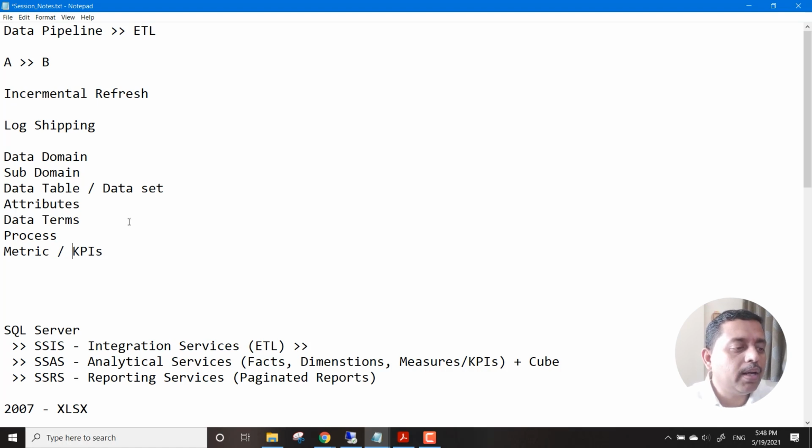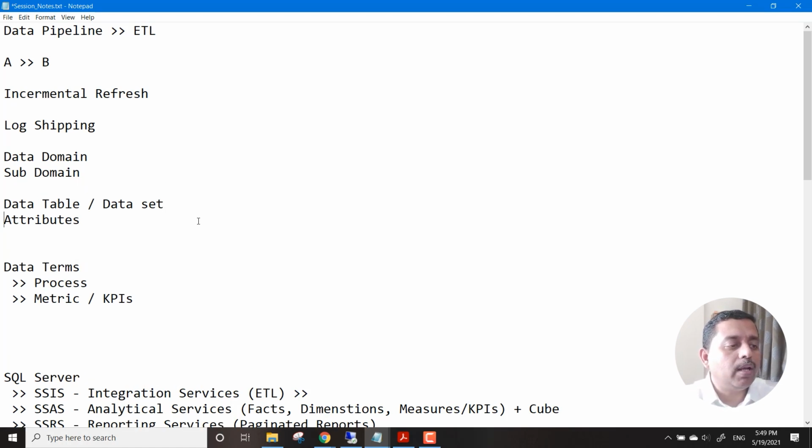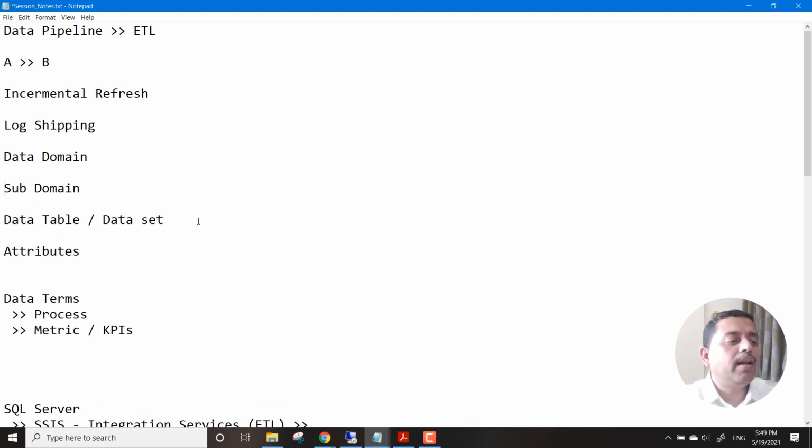So every data term that we see will go either to a process or to a metric. Now these data terms, the significant ones that we place in a data set, we call the attributes of the data. So attributes combine to become the subdomain or the data set. And then finally we have the data domain, which is the higher part of it.